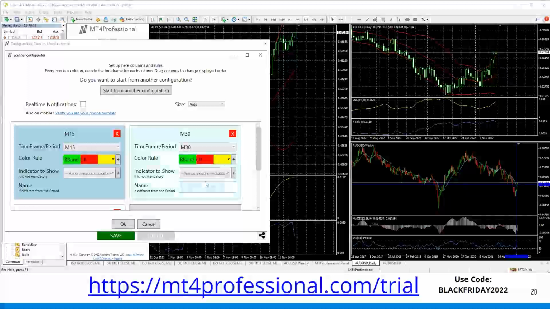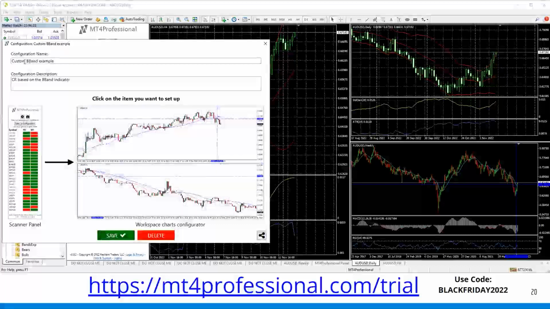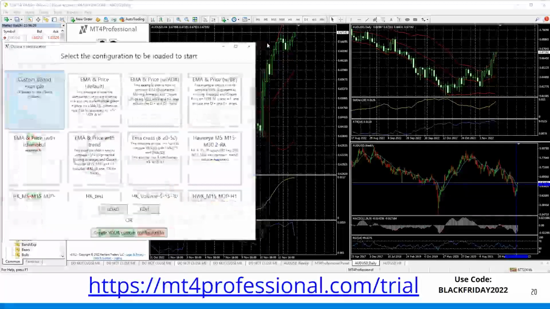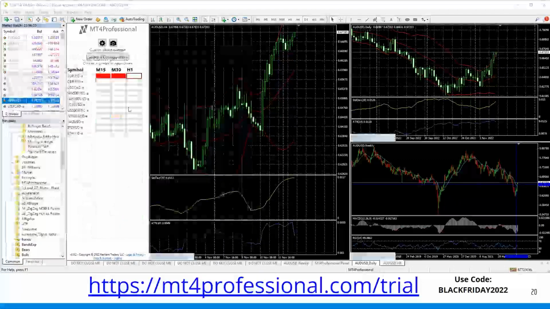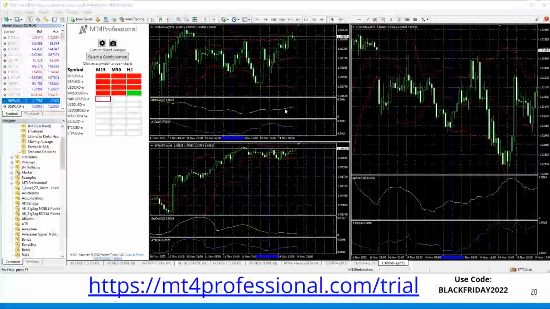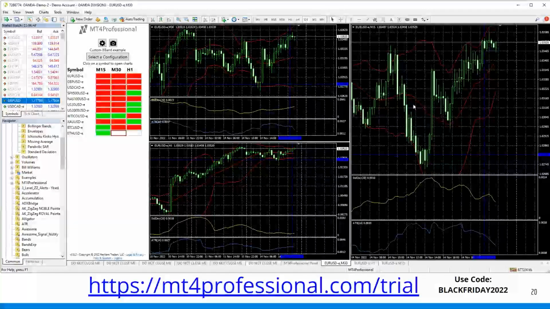frame very easily. So by selecting OK and saving that, I now have a custom Bollinger Band strategy that I've implemented on the platform. I'll go ahead and close this, and I'll find it right there, and I'll click the load button. And now I've got the custom Bollinger Band example running, where I have three charts set up using the Bollinger Band template automatically, the large window over on the right, 15-minute, 30-minute, and hourly.